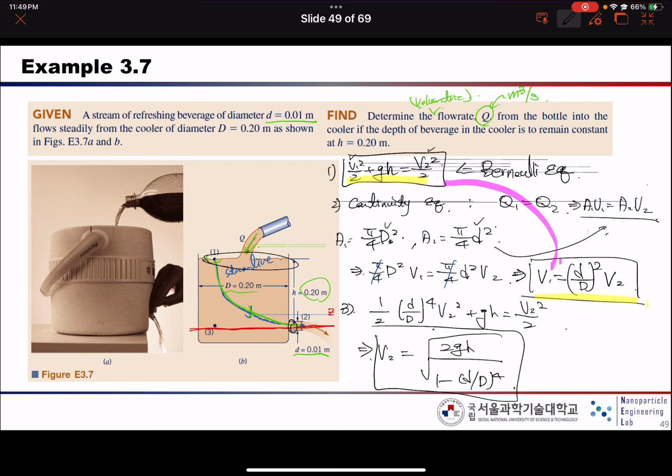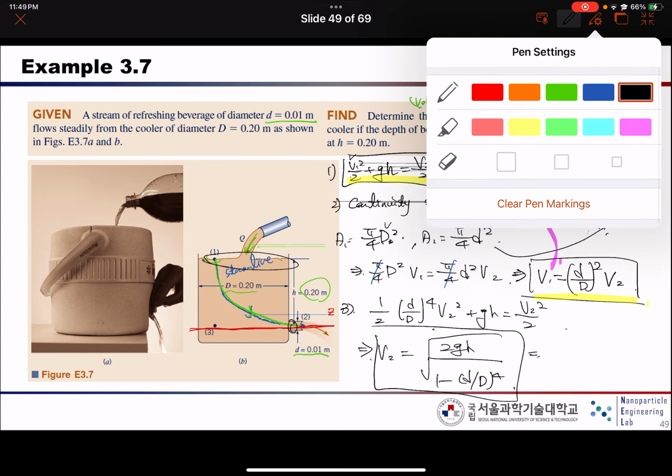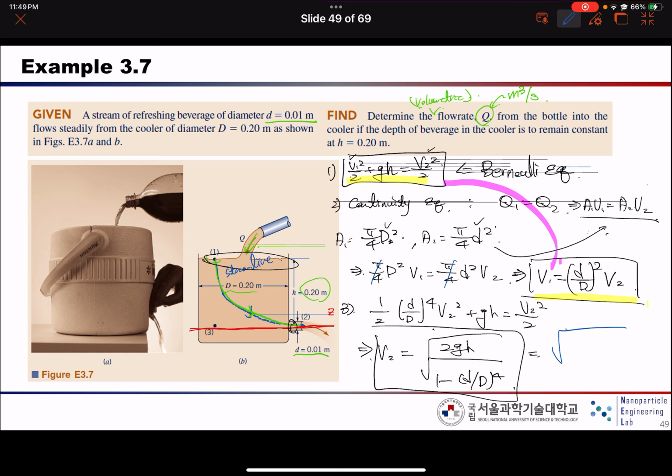So the only part left is we just plug in all the values over here. So here 2, this is gravity, and h is 0.2, and 1 minus small d is this one, and large D is this one. So you can just plug in, and then if you calculate this one, the result should be